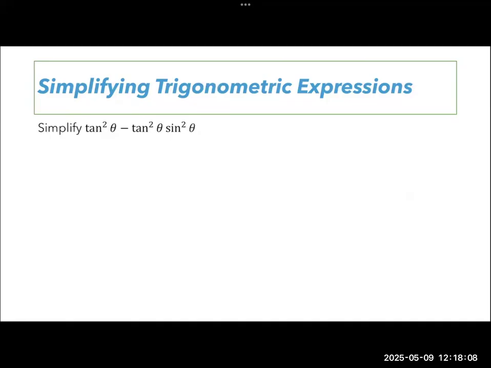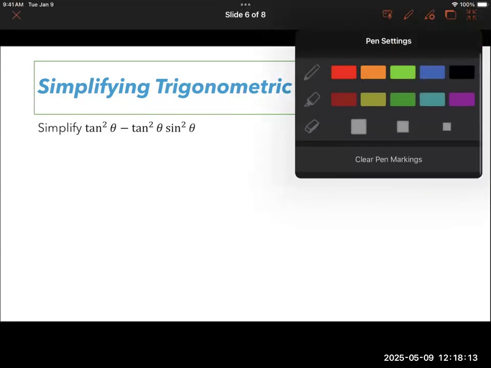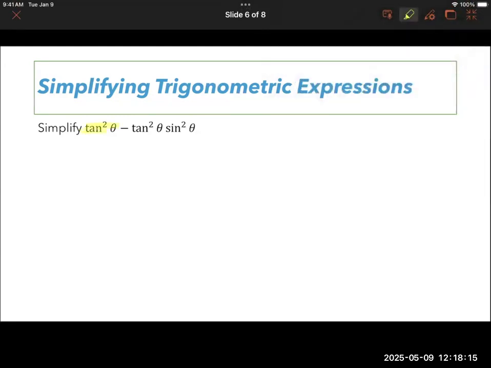So for me, noticing that we have the tangent squared theta as a common factor in both terms means that I can factor that tangent squared theta out. And that's going to leave me with 1 minus sine squared theta in the parentheses. Now,